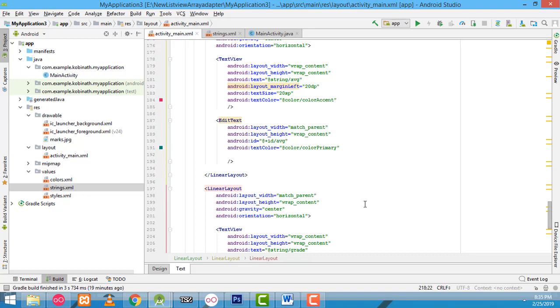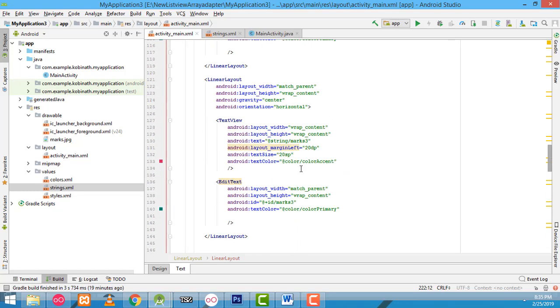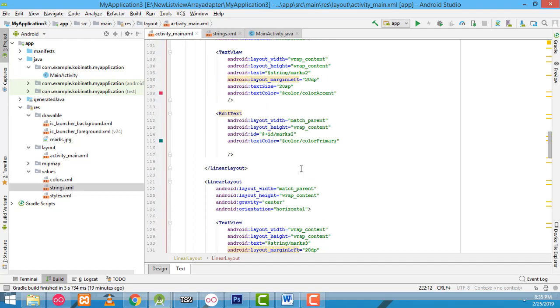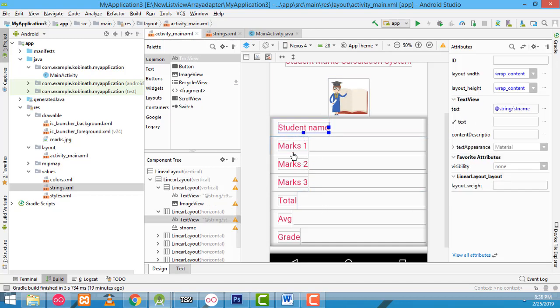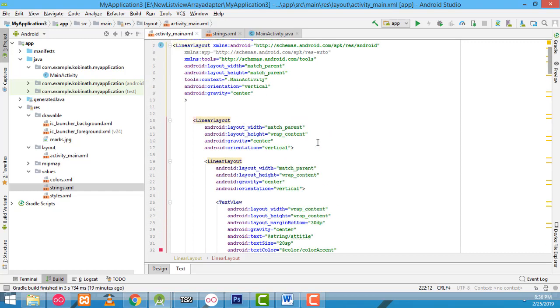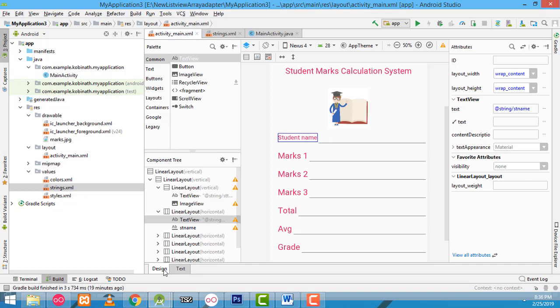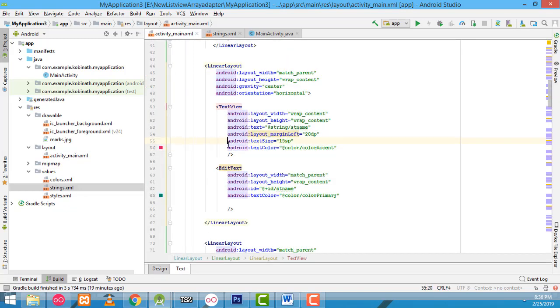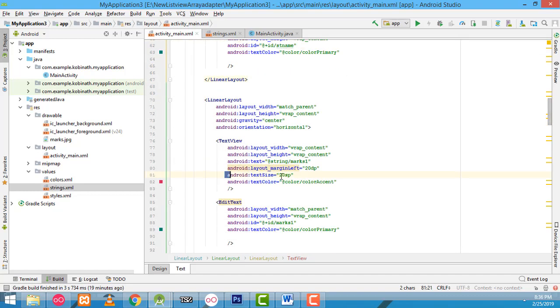So what I'm going to do is, we have to change the text as well. This text, I feel it looks bigger, so we have to reduce the sizes here. For the student name, shall we give 15 here? It's okay. The same thing here, copy the sizes. Ctrl C to copy, to apply below to all the stuff here,